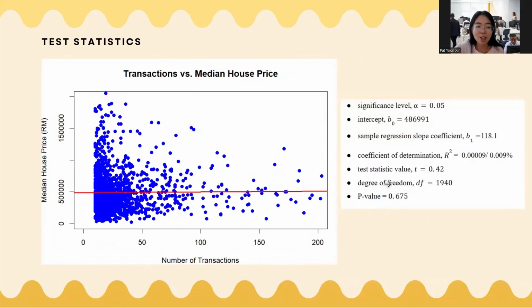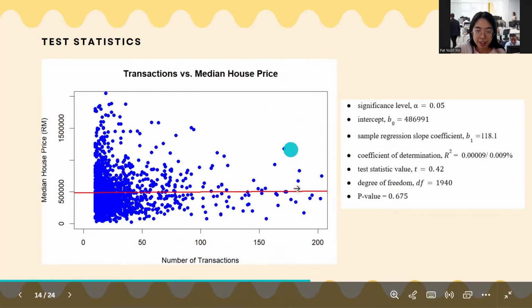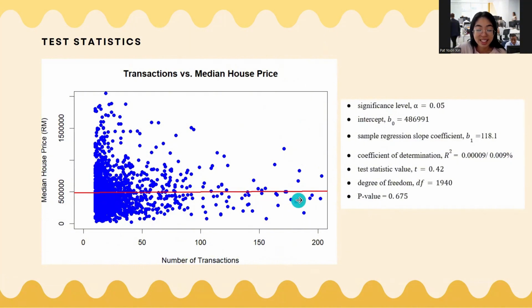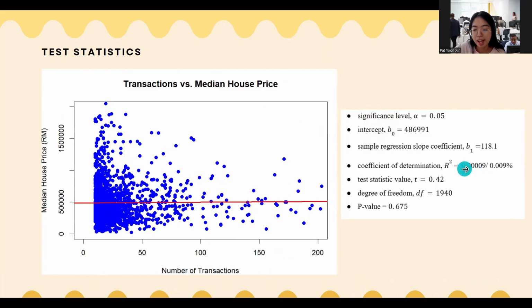So using RStudio again, we have generated this graph. From this graph, there's an almost horizontal line. This indicates that there is no significant relationship between the transactions and the median house price. And also, using RStudio, we have found that the coefficient of determination, which is R squared, is equal